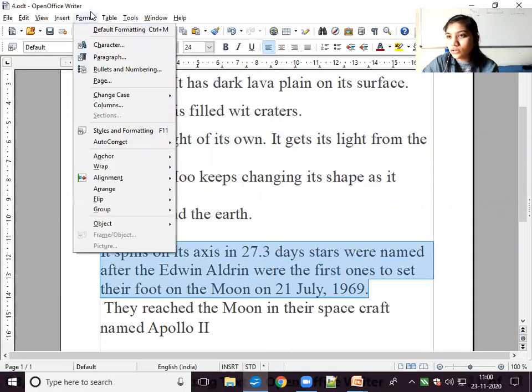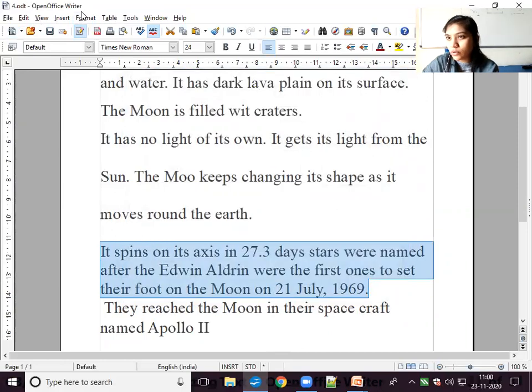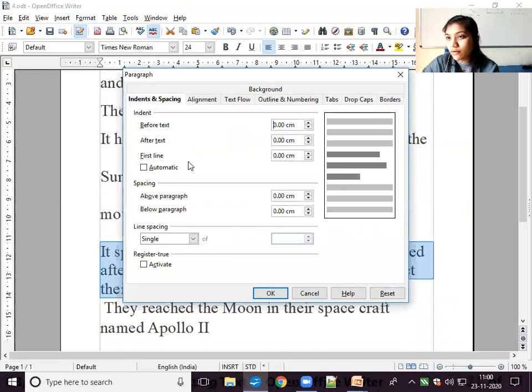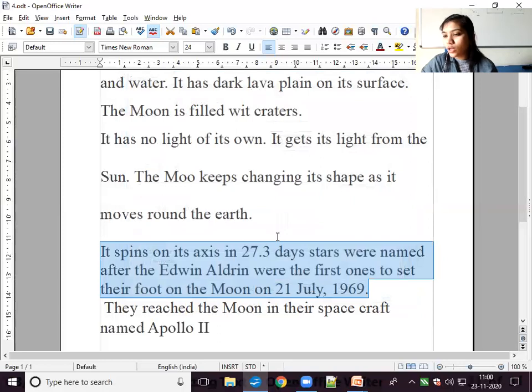Doing the third one: Format, Paragraph, single, then proportional. Okay, it will be the default. That shows how it works for the paragraph. At least here you have to see the changes. If it looks right, then you can use it. But mostly you will use single, 1.5 and double. I'm using the shortcut key now. I'm pressing Control plus 1, which is the default. I'm pressing Control plus 2. Sorry.